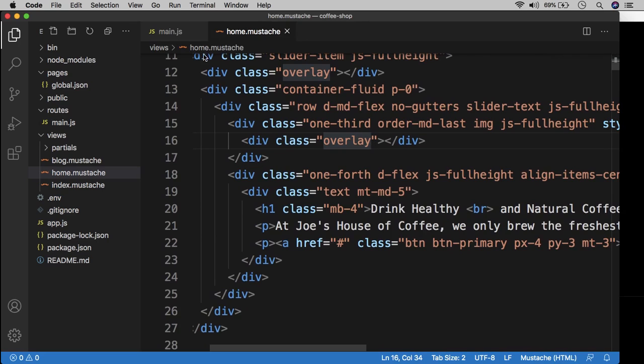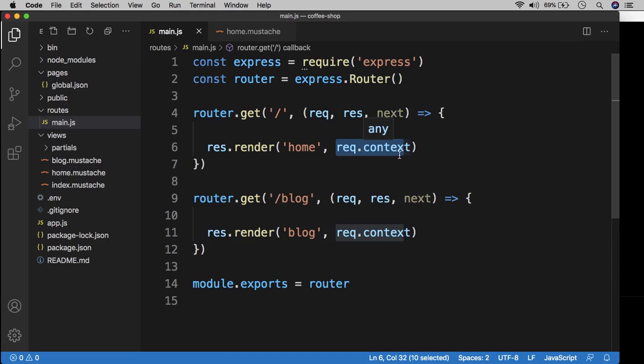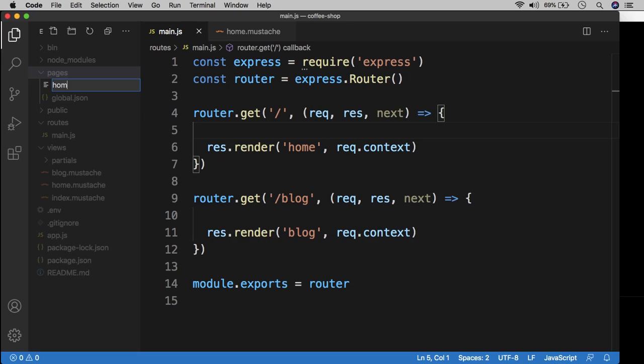Luckily, the Turbo context that's provided here also provides us a mechanism through which we can create JSON files that correspond to a template, and those JSON files will then be passed through into the template. What that means is if we create a home JSON file in the pages folder, so home.json,